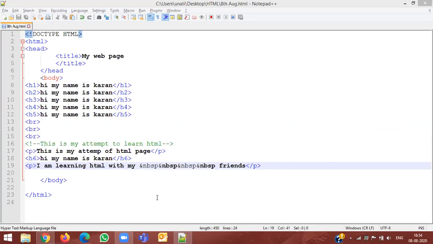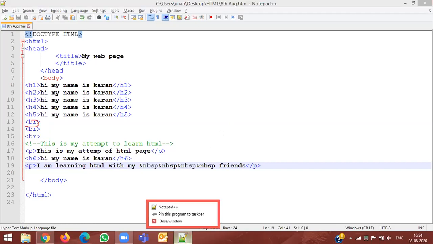After that, we learned the break statement. If you want to introduce a line break, this is known as a line break. Remember, you have to remember a lot. It's not like Scratch. So BR is line break. If you want to introduce a line break between your lines, you have to make use of the BR tag. The BR tag does not have a closing one. It just has an opening tag.